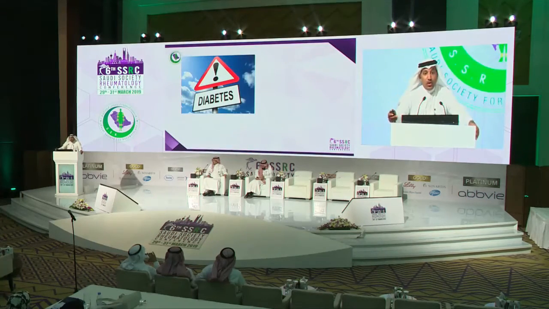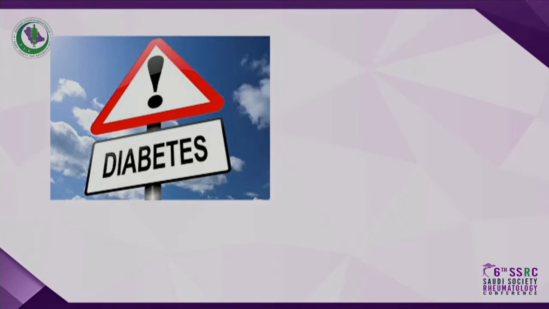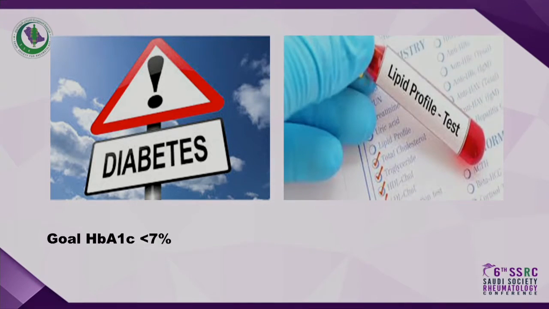So when you have a patient with lupus, I encourage me and you to check the other atherosclerotic risk factors in our clinic. We should check for diabetes. And if your patient has diabetes, keep your goal HbA1c less than 7%. Check the lipids every 6 months. Keep these numbers as your goal. I know the new guidelines concentrate more on the percentage of reduction, but lupus patients should be considered at very high risk for atherosclerosis.